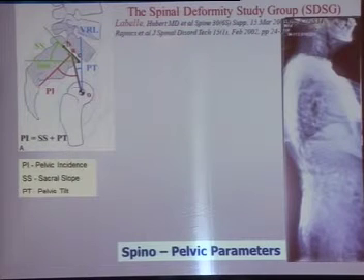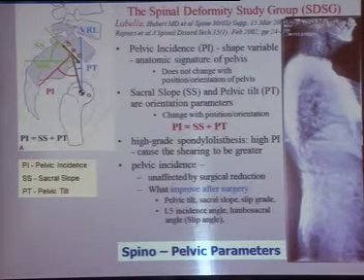And the Labelle and Roussouly group has formed a spinal deformity study group which has looked at the spinopelvic parameters in adults as well as in deformities. And this itself is a completely different talk. I won't go into that. But all it does is define these angles, the pelvic incidence, sacral slope, pelvic tilt, and then look at the deformity in totality by standing X-rays and the spinal balance in the sagittal view. And based on that, 6 different